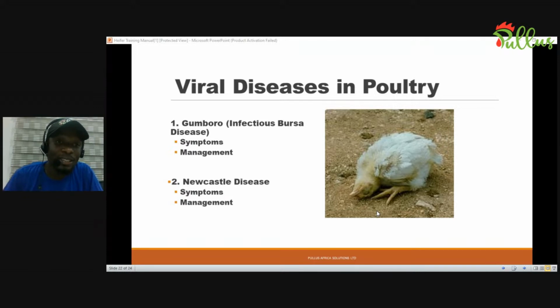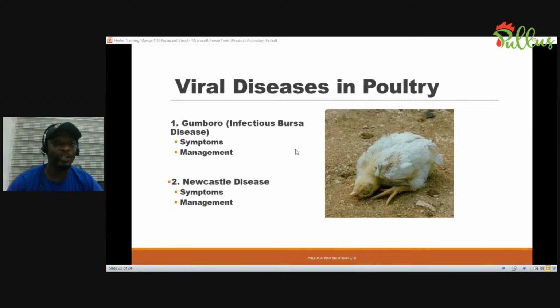An example of that is formaldehyde. We know formaldehyde, the one we call formalin. It is very powerful. We have it in different percentages. You can also use some other disinfectants that are very good as well. We have Morigard, Lysol is also a very good disinfectant. We have so many of them out there that are also very good. So when you have a challenge like that, you have to use a very powerful disinfectant to be able to wipe out that virus.